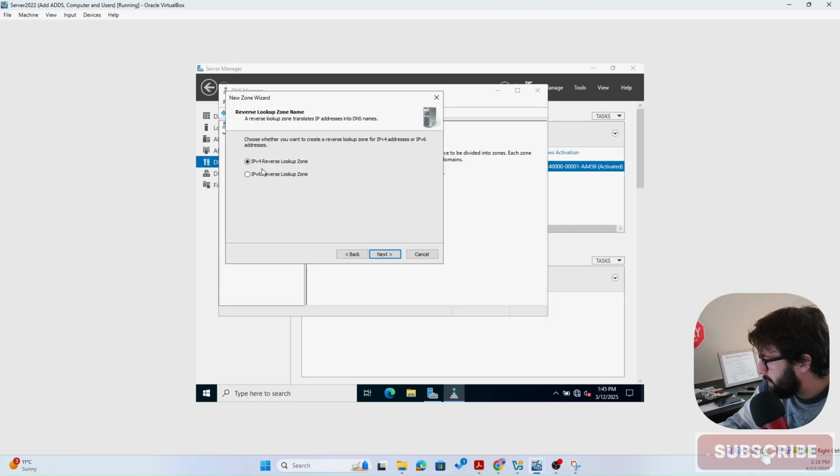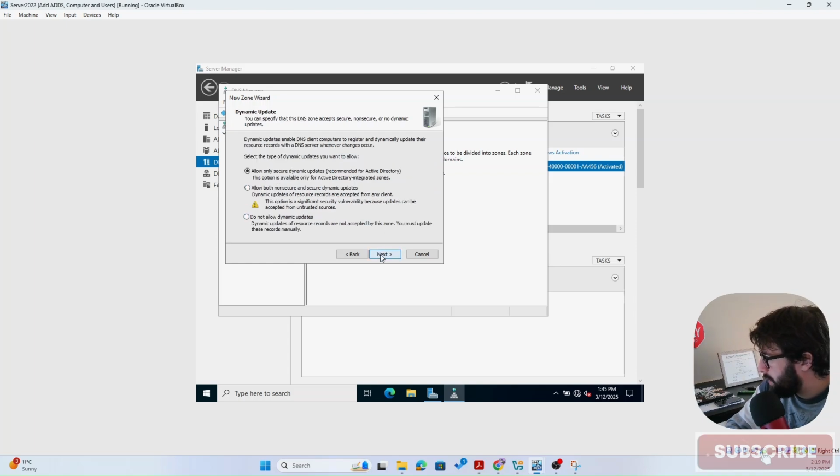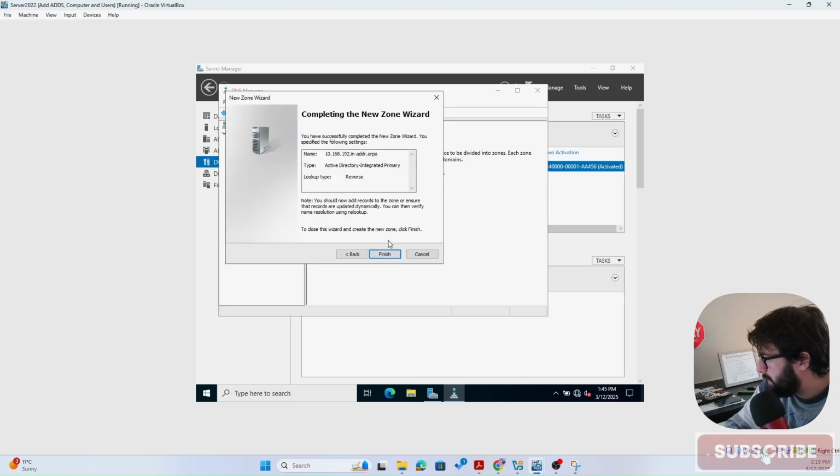Okay, keep it as it is, IPv4. Click on next. And now here we need to add the network address, which is 192.168.10. This is our network. And then we click on next. Dynamic update, next, and then